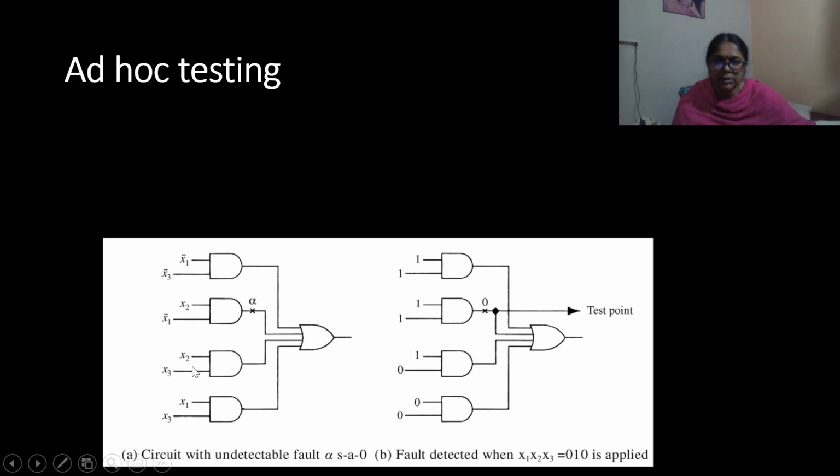Now x2 is equal to 1, x3 is equal to 0, so the output of this AND gate is equal to 0. x1 and x3 are 0, so the output of this AND gate is also 0. Whatever the inputs may be, if we are checking only the output of the OR gate, then we are not able to find the fault. So if I directly check the output of the AND gate, or take the output of this AND gate as the test point, then I will be able to know that this output is faulty.